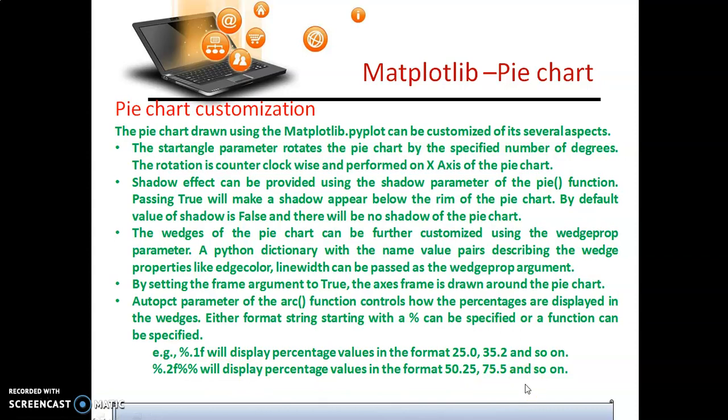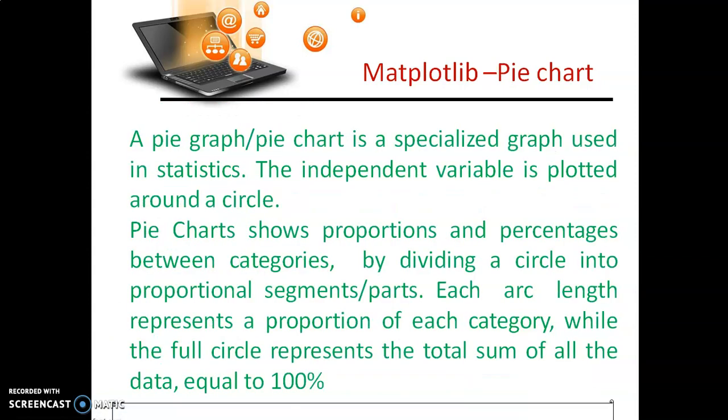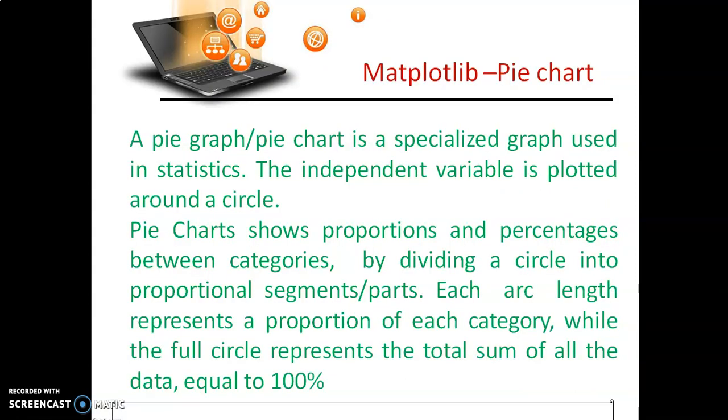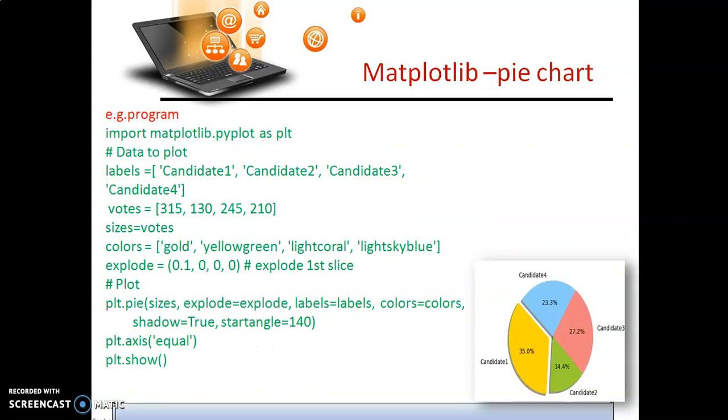So friends, I think this is very clear to you. Let me again explain what a pie chart is. A pie chart is used to represent data in percentages. The total should be 100%. We use the .pie function. In that we have first explode, label, colors, shadow, start angle, autopct. If you don't want percentages on the slices, then you can delete the autopct parameter. If you don't want shadow, don't write it. By default, shadow is false. Now start angle can be anything.